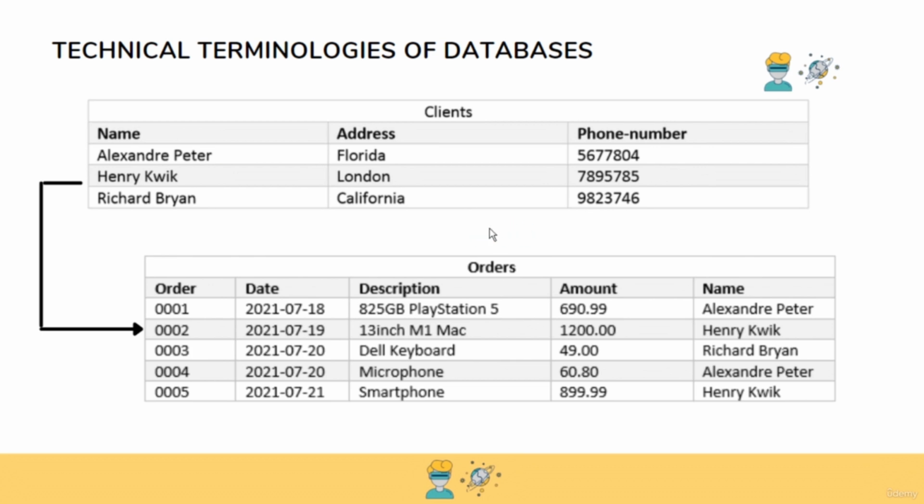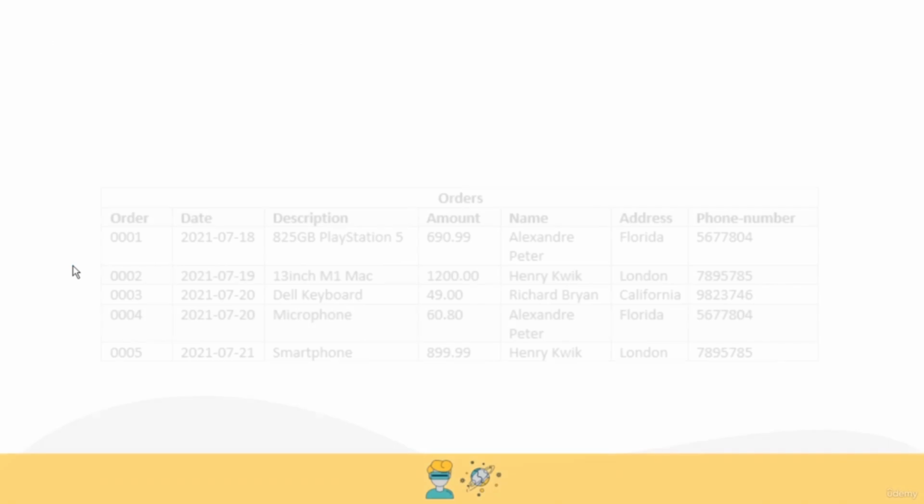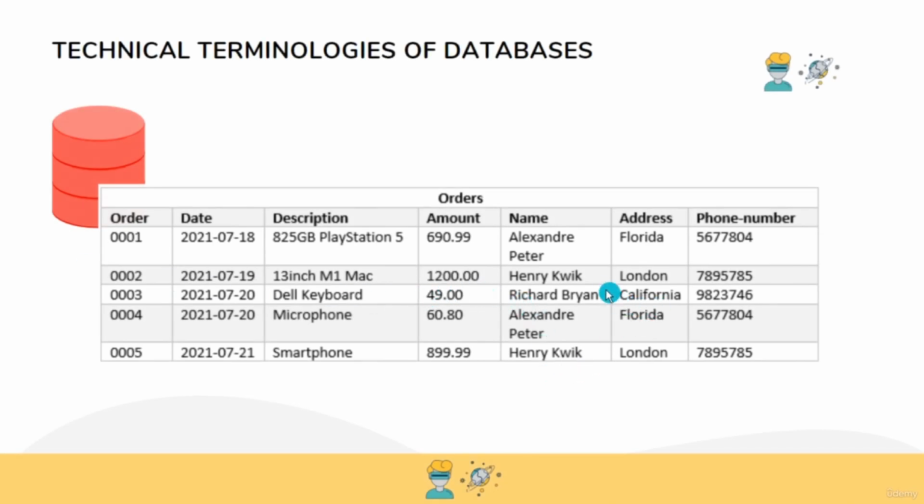Let's see one advantage that we have here. Imagine that you want to update Henry Quick's address from London to Glasgow. Let's first go to the previous database where we had only one table. If we want to update Henry Quick's address, what are we going to do? Well, before we update, we have to know that Henry Quick can make many orders. It's possible to have one person making more than 1,000 orders. And what would we have to do in this case? Well, we would have to go through our entire table and see where the name is Henry Quick,